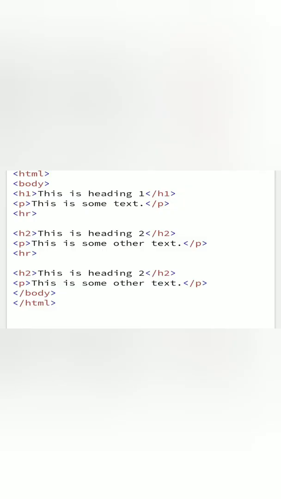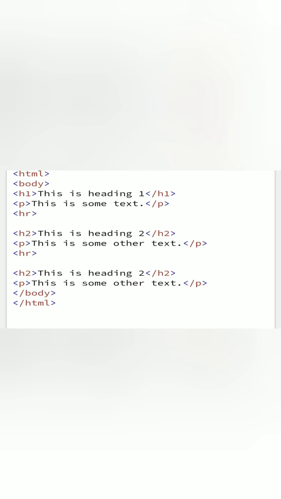Yes students, see the code here. HTML, after that the body tag. In the body tag, the first tag is H1. H1 is the heading tag, the main heading. The second tag is the paragraph tag. After the paragraph tag, I write here HR. HR means horizontal line.